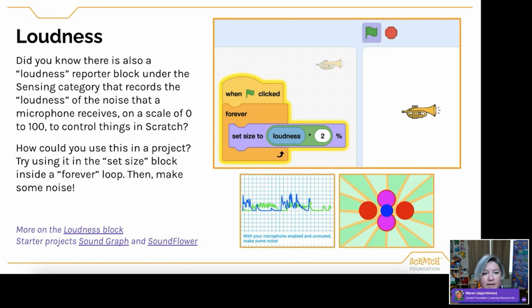And so you could do things like have it sense how loud it is, and then maybe that changes the size of the sprite on the screen. Maybe this little horn gets bigger or louder depending on how much noise is in the room. Maybe you make a sound graph project or an interesting project that sort of moves and changes as you increase or decrease the volume. We'll talk a little bit more about this in an upcoming session with some interactive art.